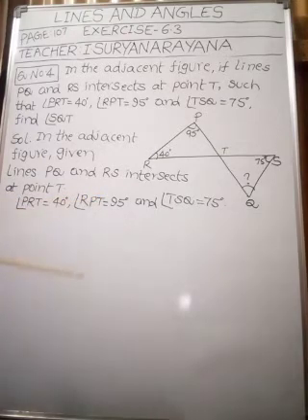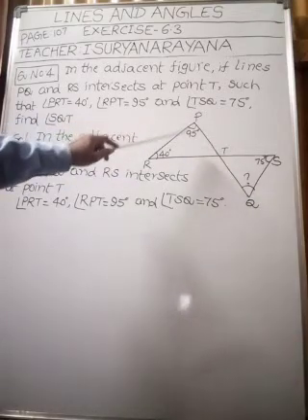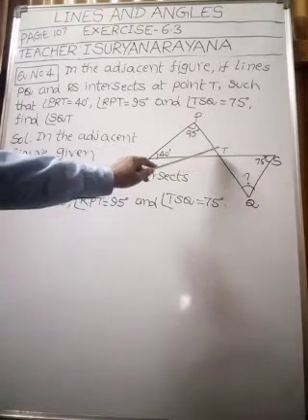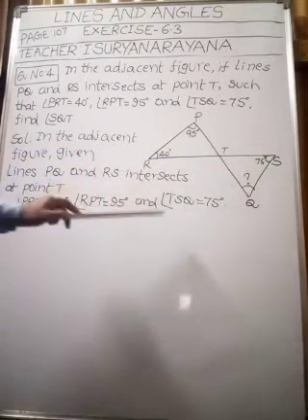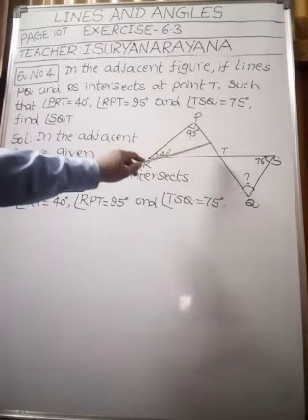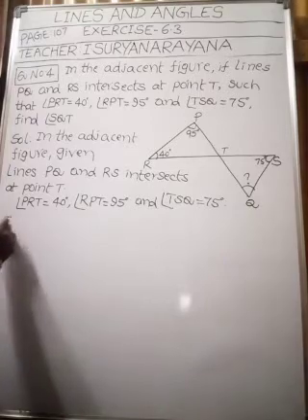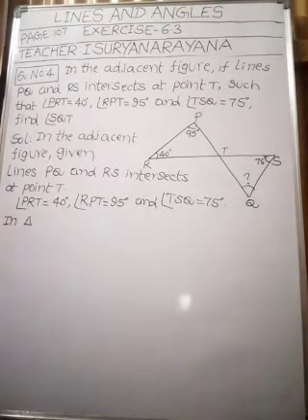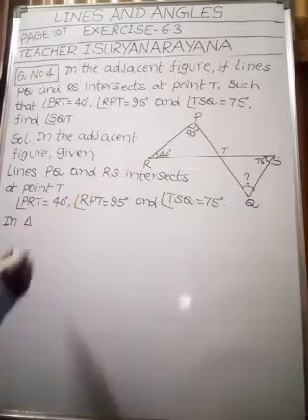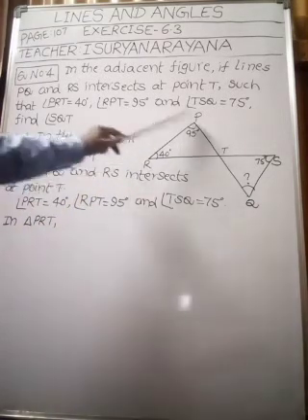Okay, my children. Now come to the diagram, come to the figure. Here we got two triangles, triangle PRT and triangle TSQ. In the first triangle, you know two angles. Can we find the third angle or not, my children? Yes. By using the angle sum property of a triangle, we can find the third angle. So in triangle PRT, angle RPT